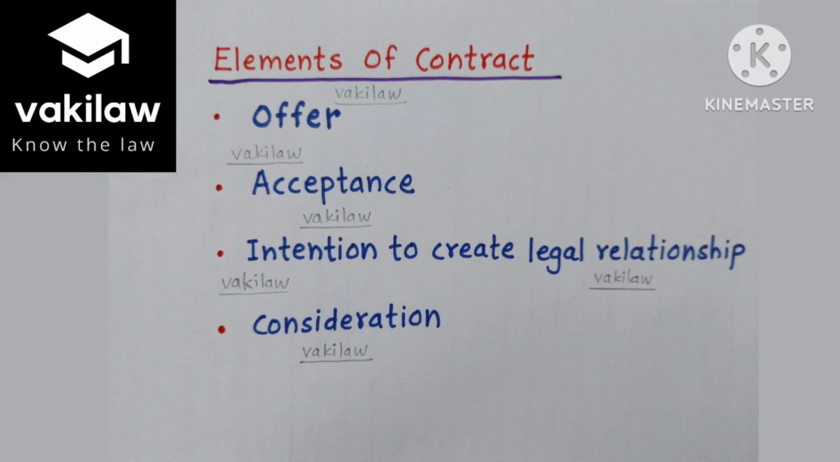Now, moving towards the elements of contracts. There are four major elements of a valid contract. The very first element is an offer, the second one is acceptance, the third one is intention to create legal relationship, and the fourth one is consideration. We will be considering all these four elements in my later sessions relating to the Indian Contract Act. Now moving forward,